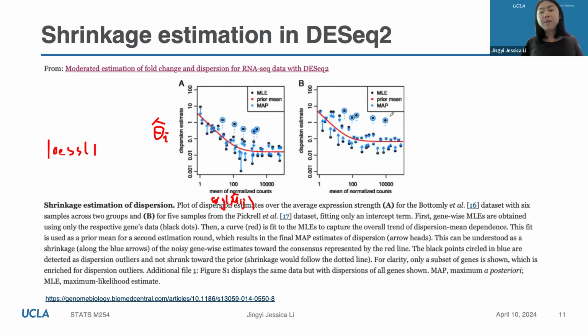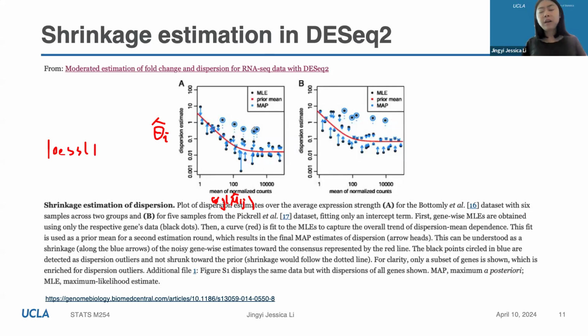And MAP, in the Bayesian sense, can be regarded as a weighted average between your prior and your MLE. So MLE is purely from the data, and prior is from your prior assumption. And when you aggregate the information, you get MAP. So that's why essentially in DESeq2, every black dot will be drawn to the red line by different degrees. And where they end will be what you call the MAP, and you use those. Okay, so